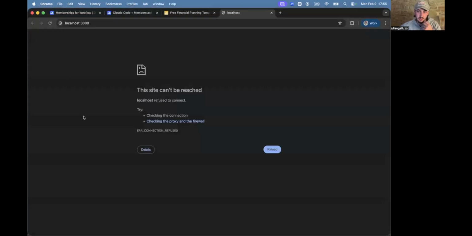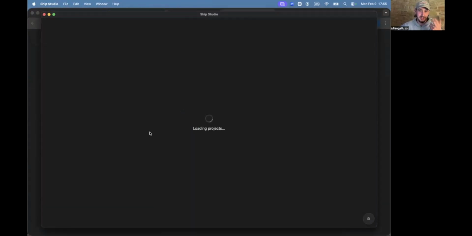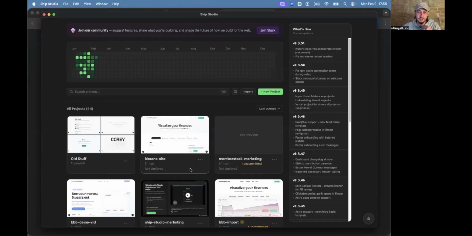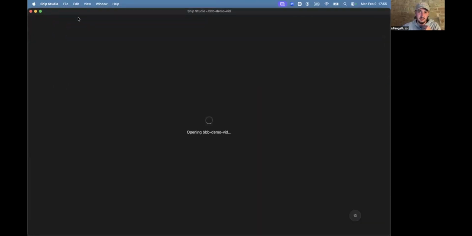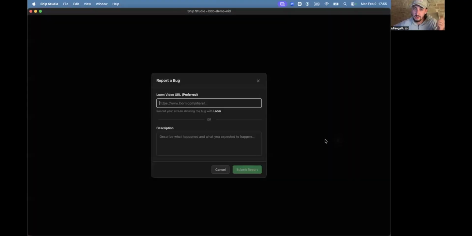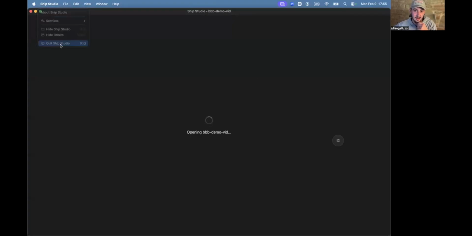By the way, obviously, when you're doing a live demo, you run into bugs that you've never seen before. So I ran into an issue. But once you create it, essentially what you are going to have is this view right here where it's going to show you your GitHub repo and your Vercel URL, which you can open at any point in time. I have definitely run into an issue here. And the beautiful thing is if you are using Ship Studio, you can let me know that something's broken and I will go in and make sure it's fixed very quickly, as seems to be the case right here.